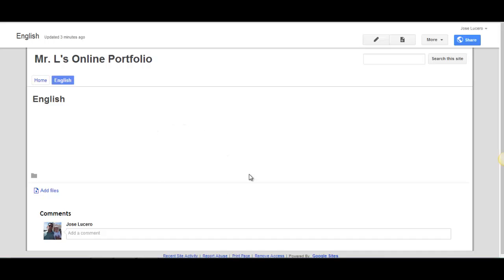So this is where you're going to have to be creative. How do you want your English homepage to look? But now when you click on a specific class, here's where you have your columns, and here's where eventually we'll end up putting links to all of our courses. Now that you know how to make one page and the columns, now you can do this. You go through that same process and you create the rest of your classes. With that said, you can start outlining all of the classes for all of your major academic courses, your A through G courses that you will take throughout your high school